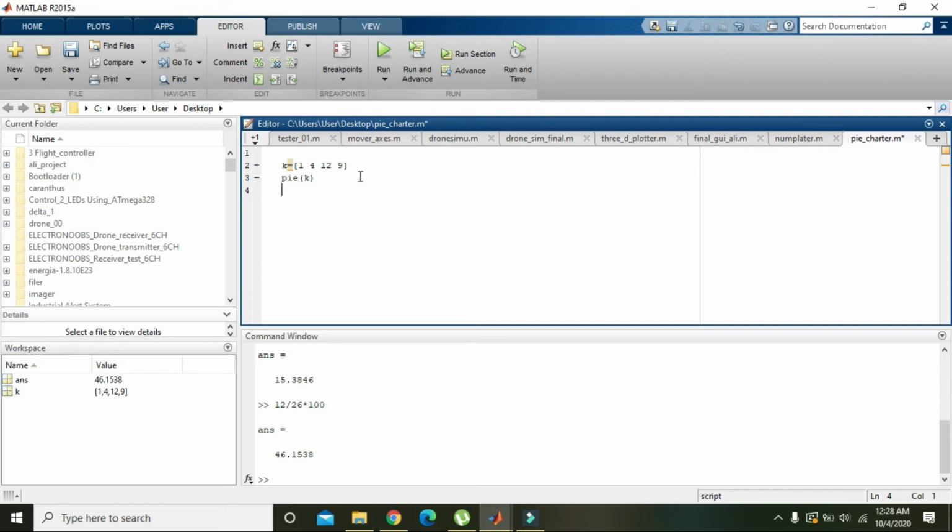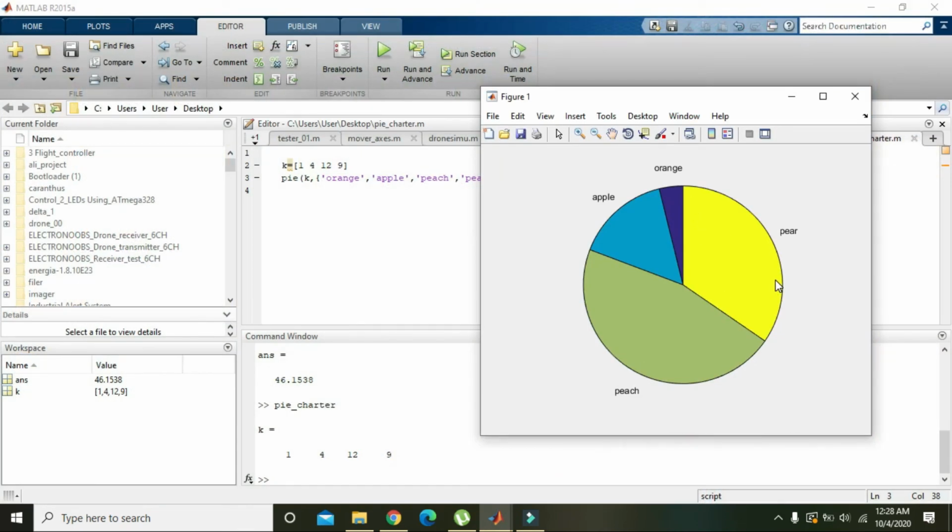You can write a comma, and place double brackets, then inverted commas, and write orange, apple, peach, and pear. Okay, now when we run it, we will see that they are mentioned with their corresponding